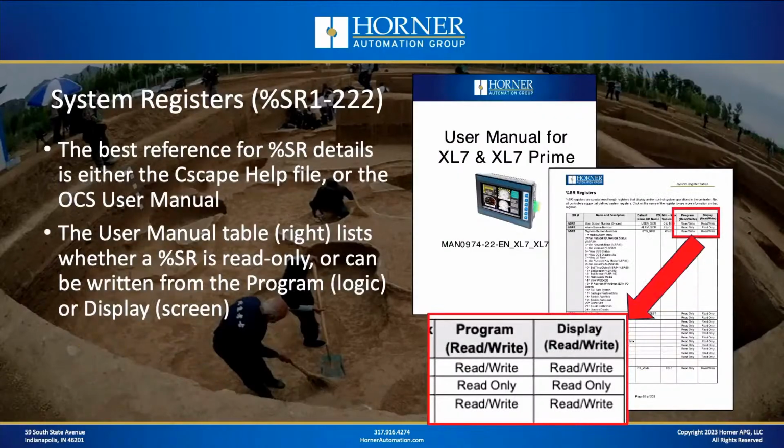Okay, now a vast majority of the system registers are the word type, the ones arranged from SR1 to SR222, and that's where we're going to spend a bulk of our time today talking about those. Now, keep in mind that unlike S bits, which are read-only, SR bits are a mixture of read-only, read-write, and